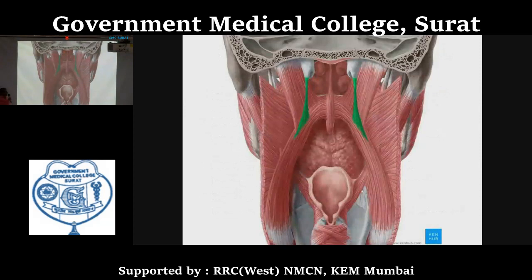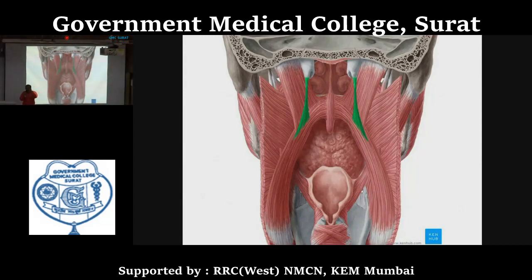Once again, you need to understand the view of this figure. Actually, you are viewing the larynx. The posterior wall of the pharynx is opened by making an incision. So here you can see one muscle. This is the inner aspect of the pharynx. You need to get this image, that this one is the inner aspect of the pharynx.